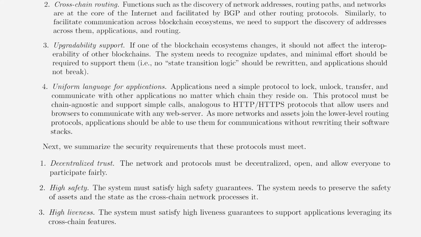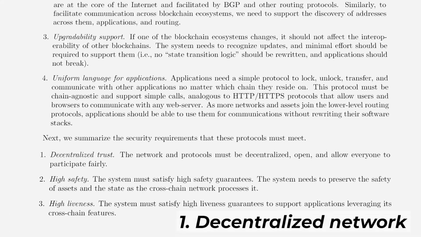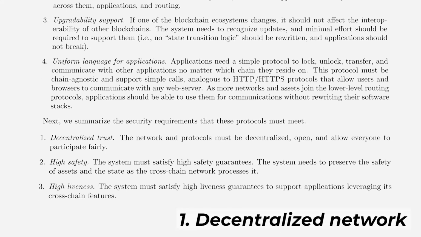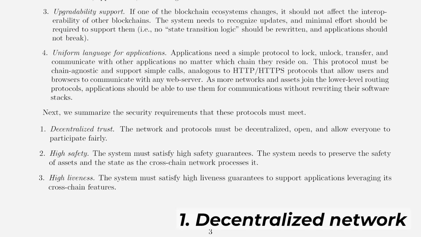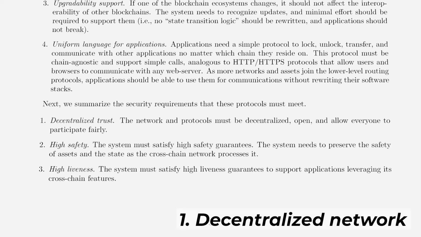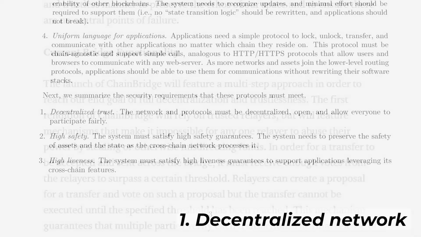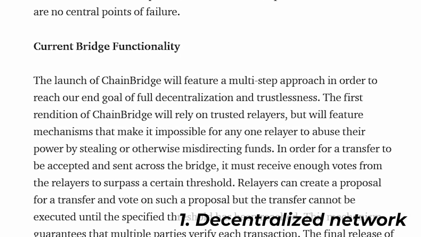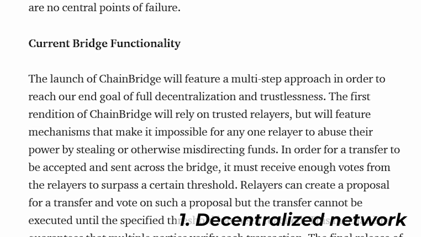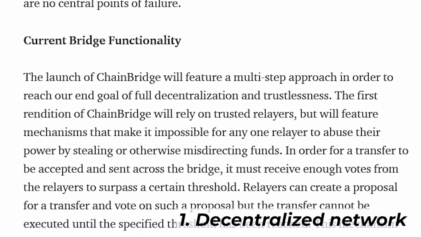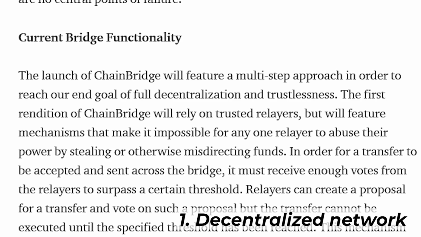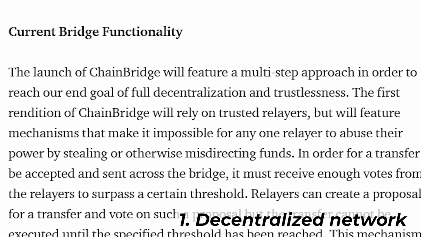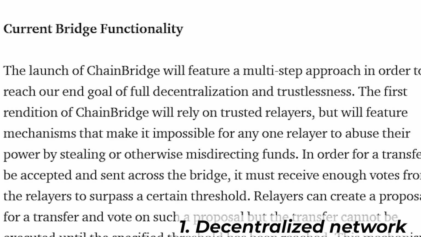And after that, there are also a number of security requirements. The first is that the network and protocols must be decentralized, open, and allow everyone to participate fairly. It's something that we expected anyway, but it's worth mentioning it explicitly given how some bridge systems work. The Silo Optics bridge and the Chainbridge bridge, for example, currently rely on so-called trusted participants. It's not like an exchange platform where one company controls everything, but it's still something that is far from perfect